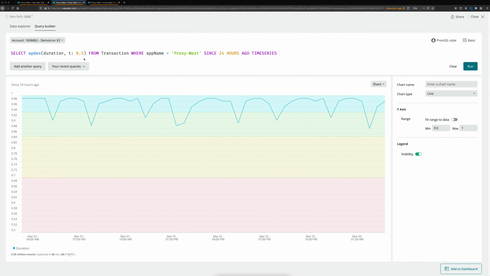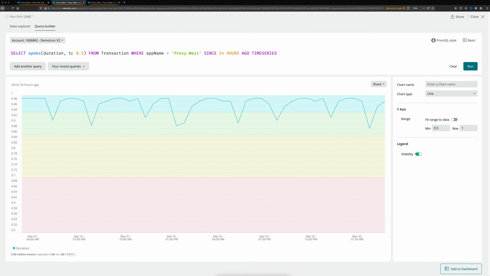And so what we can see here is there are multiple different segments. We have this blue top segment, then green, then yellow, and then red. Obviously red is going to be something that's really quite problematic. Yellow is getting towards that area. It's where your Apdex score is getting towards that lower range. Maybe your users aren't so satisfied with the application. Green is where we want to be, and then blue is a score that's too high. That means that the thresholds that we have set, in this case 0.5 seconds, 500 milliseconds, is not low enough to be able to pick up potential problems in the application.